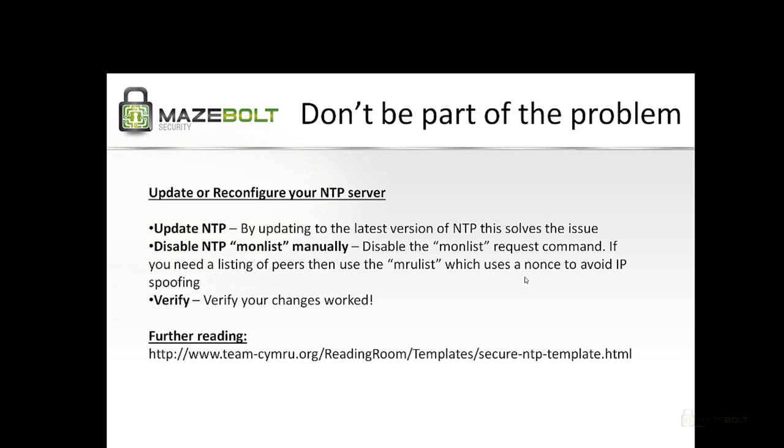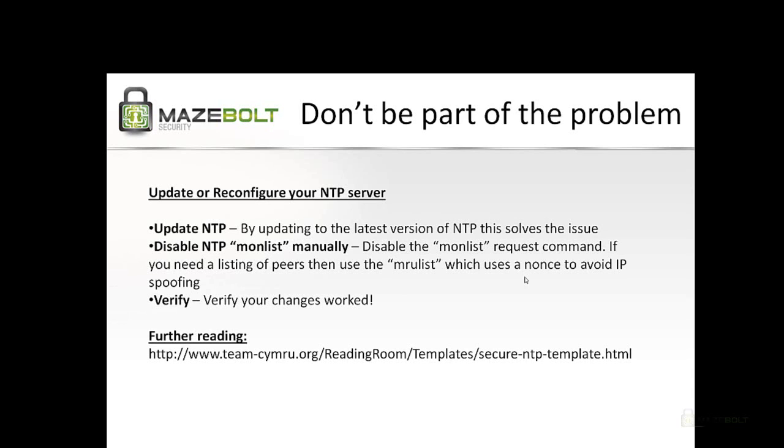But anyway, a new command, the MRU list command, was released, and that uses a nonce to avoid the spoofing vector of the attack. And once you've made the changes, verify the changes worked by just executing your own monlist command from an ntpdc client or any other NTP client. And if you go to team-cymru.org, they've got a very interesting article on how to secure your NTP setup in a whole lot of different environments, with different servers that you run in BSD, Linux. I would recommend going to read it